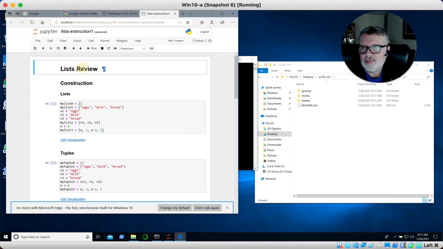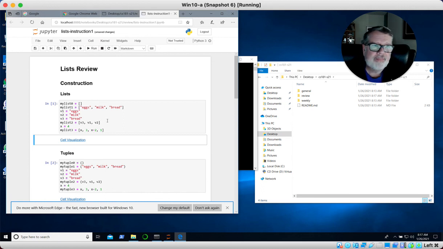Right? We see some labels here, list review, construction lists, and I also see a cell that has a set of Python statements in it, and I can run that cell, and that set of statements now got executed in Python. Right? And that's the paradigm that we'll be using